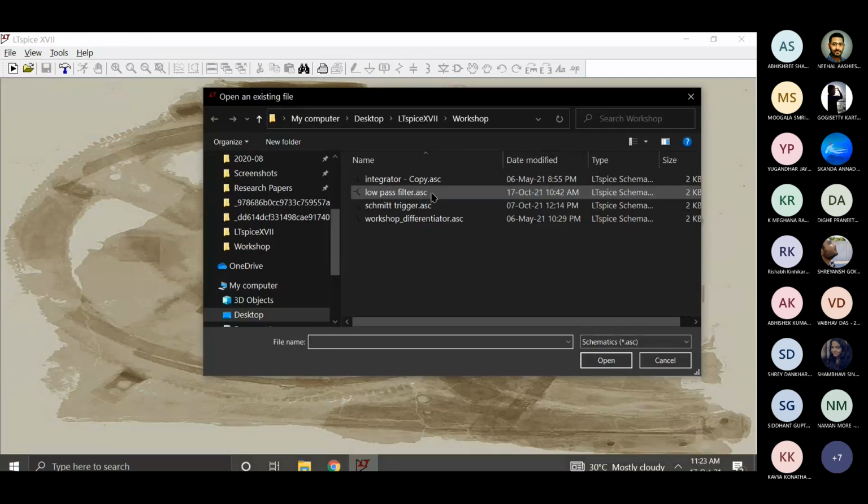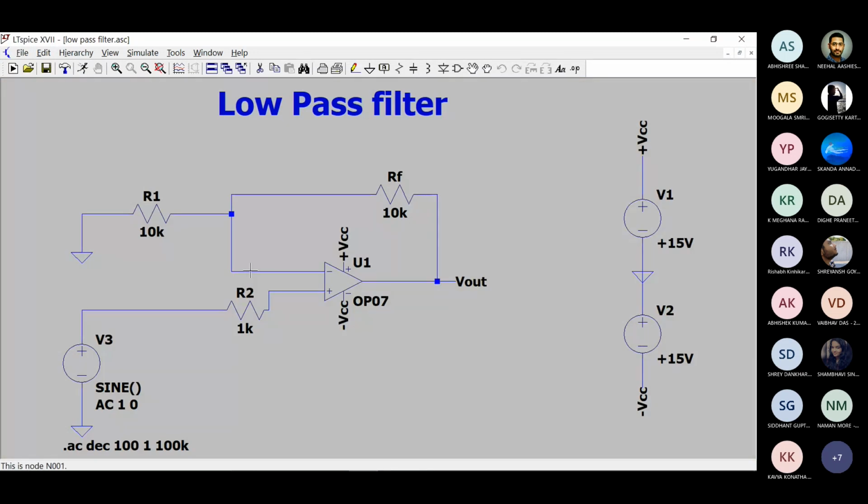Let me go ahead with the low pass filter. So I'll be showing you the first order low pass filter. The general applications are that it's used in audio applications, it removes noise, it's used in digital to analog converters, and it's used in loudspeakers. Basically, it has a lot of applications. What a low pass filter does is it only passes the frequencies which are lower than the cutoff frequency. So there's a cutoff frequency, and all the signal which has a frequency under that particular cutoff frequency is being passed.